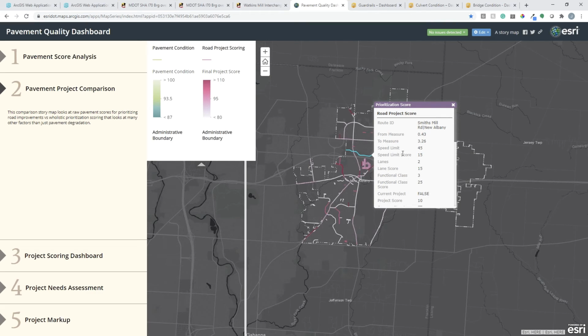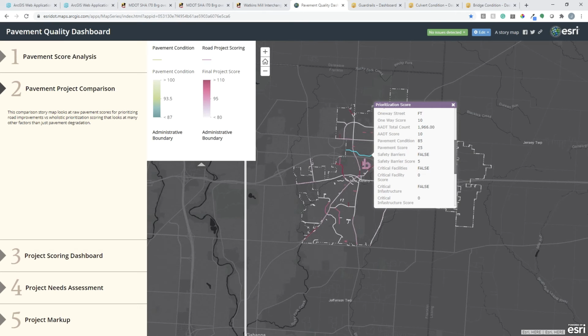We have a speed limit and a speed limit score. We know the lanes, we know the project score, we know if it's a one-way street, we actually know the traffic count. We know if there is any critical infrastructure nearby, which would help us decide that that's probably a high priority for construction. Before I move on though, I want to show how we actually get some of this